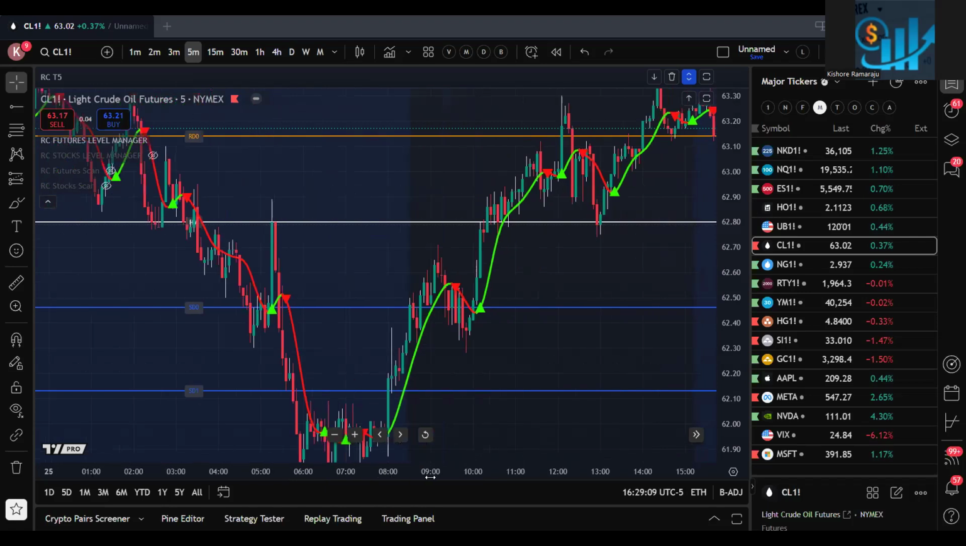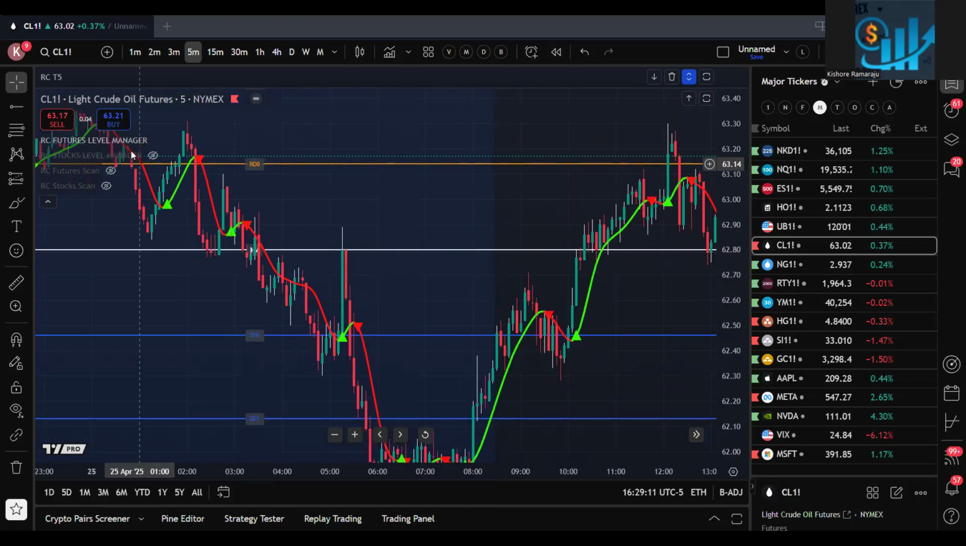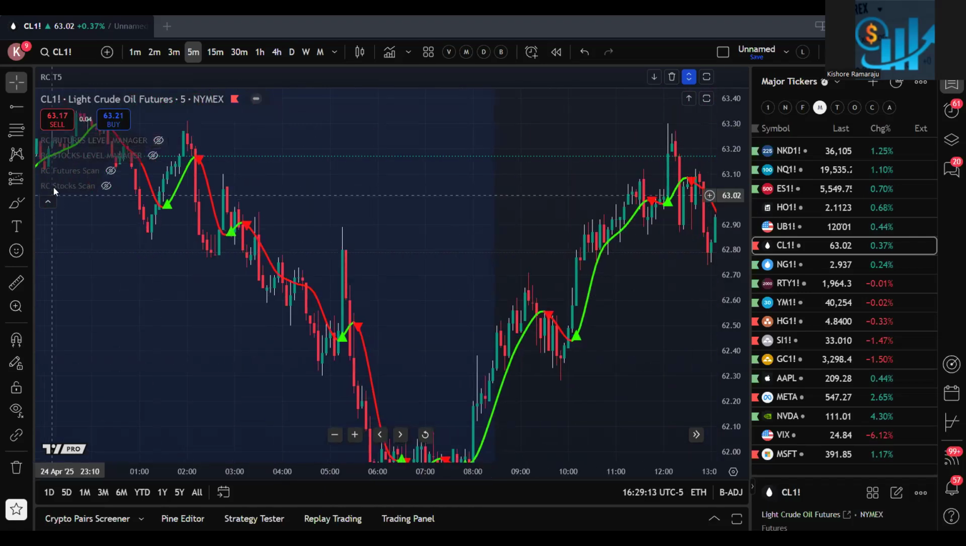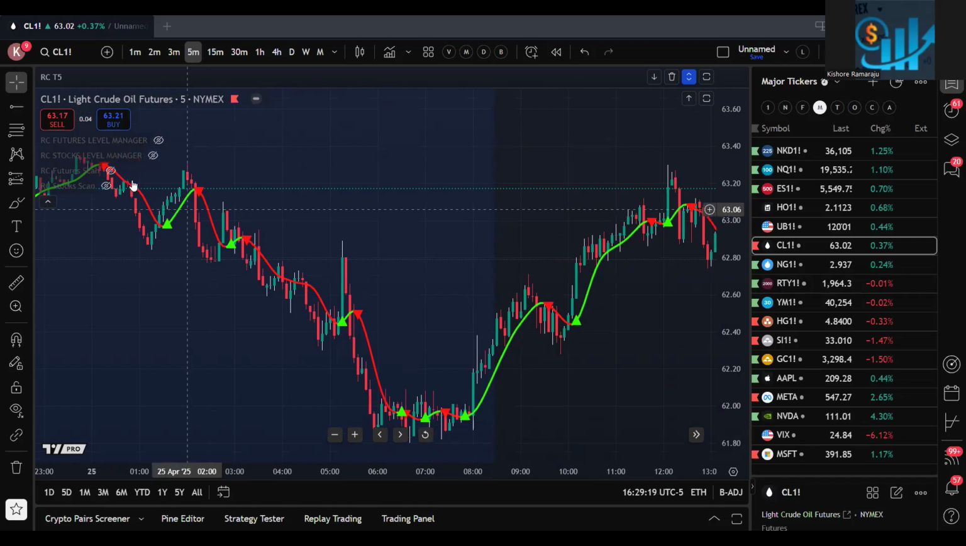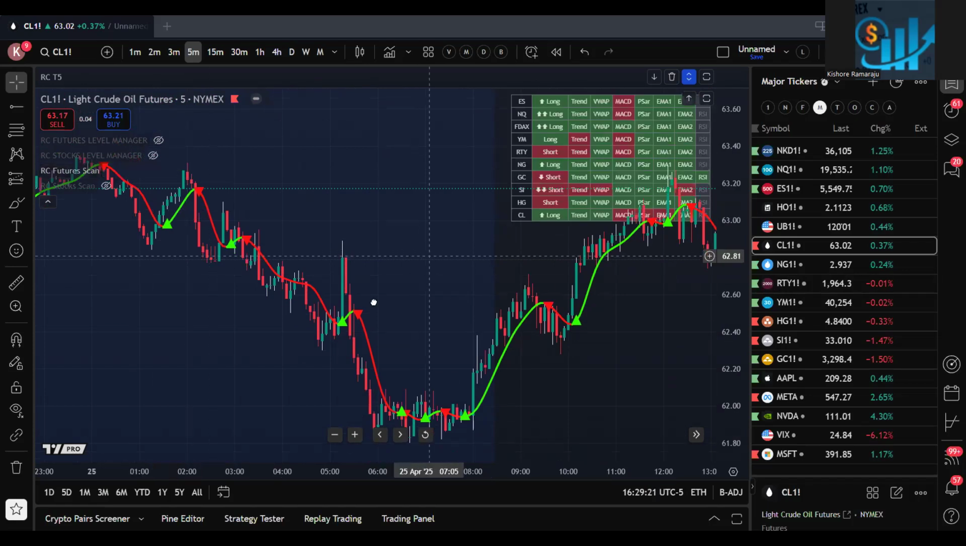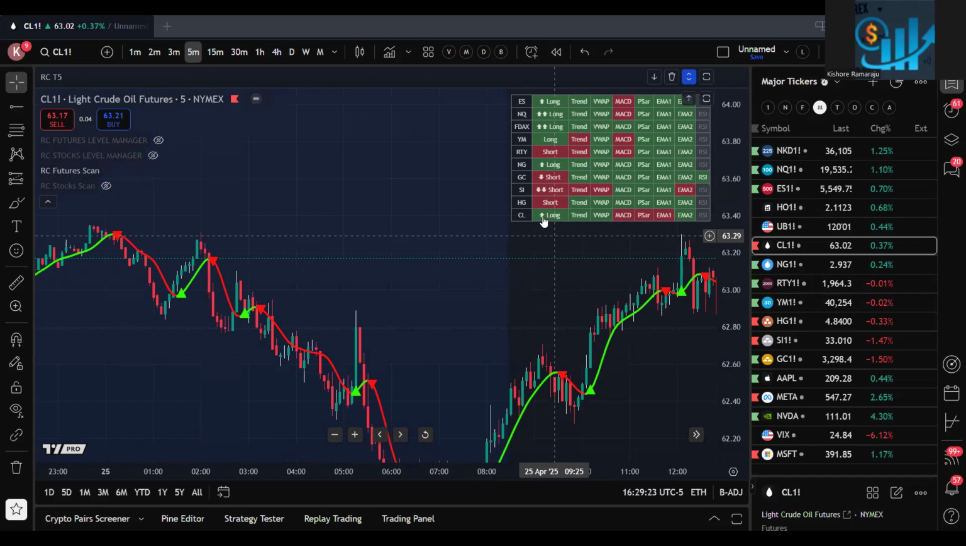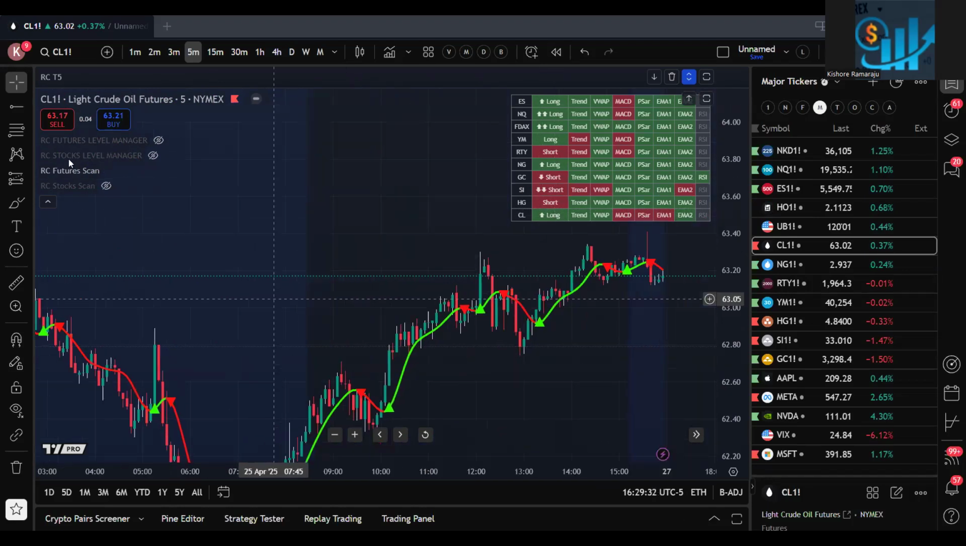So you can set alerts. I hope you are getting it right. You have all these levels every day. One is you can just use the scanner, right? Whenever the scanner says that CL is telling long, and if you get any buy signal and your scanner is also telling it is long, then you know that